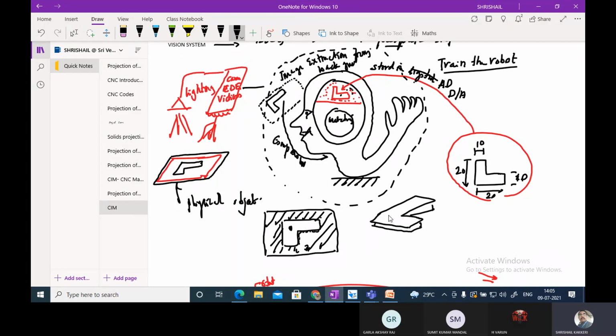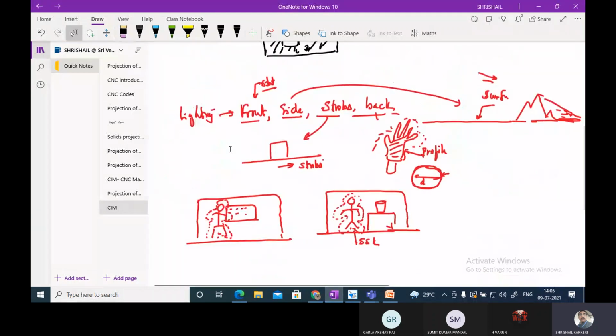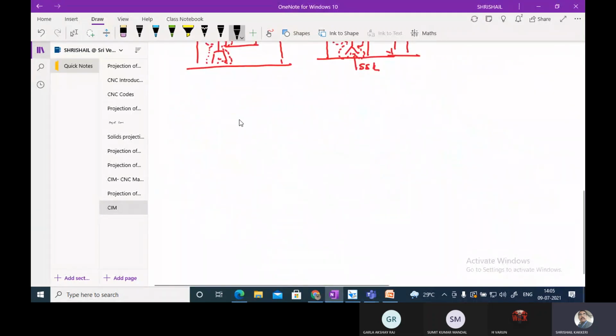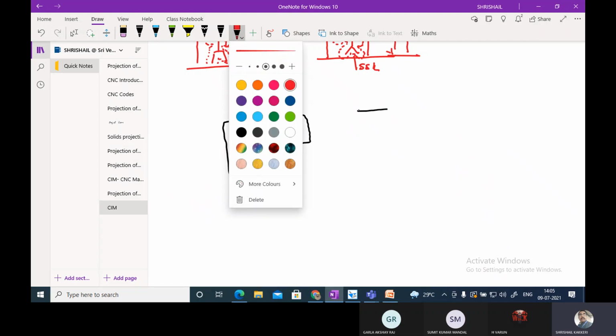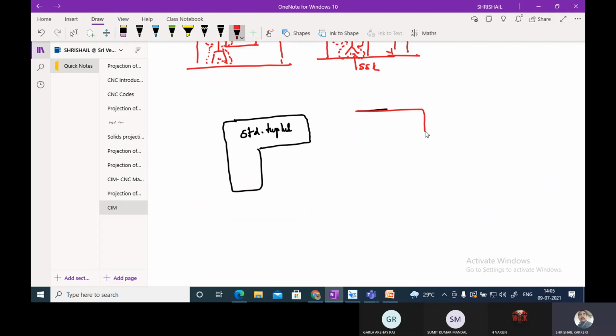And after overlapping, I will give you a very simple example. I have been given one work. This is the standard template, and this is the other. I wanted to compare this with this. I wanted to measure this. So what happens?